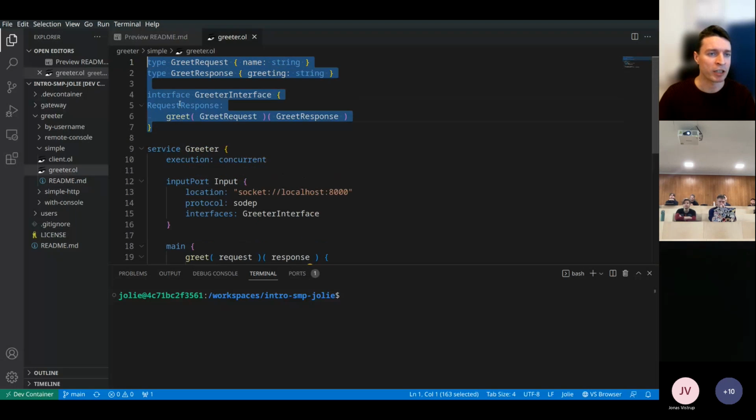Now, interfaces, they just live wherever you want in a Jolie module. A module is essentially a file in Jolie, like in Python. And then you can define services that implement interfaces. So when you define a service in Jolie, you have a native keyword called service, and you can start defining the